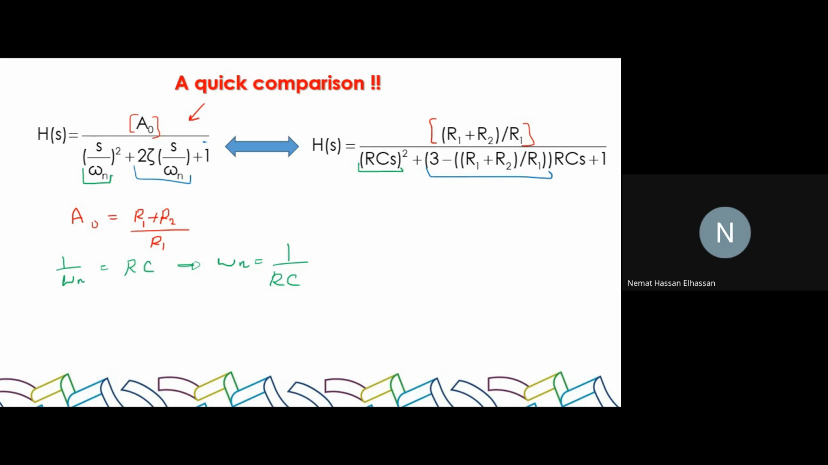Possible? All the way up to here. Well, last term... Middle term has to be equal to the middle term, right? So let's compare them. We have 2